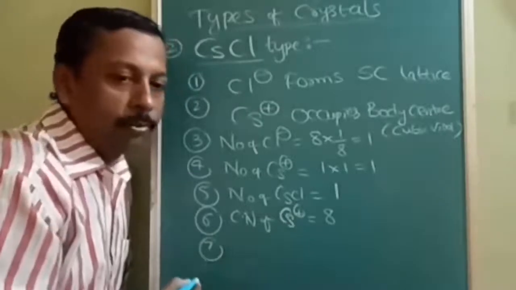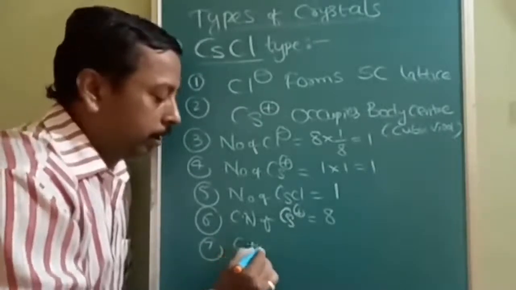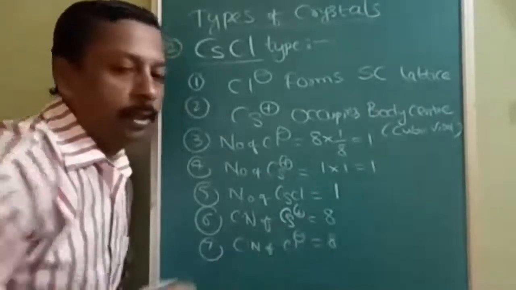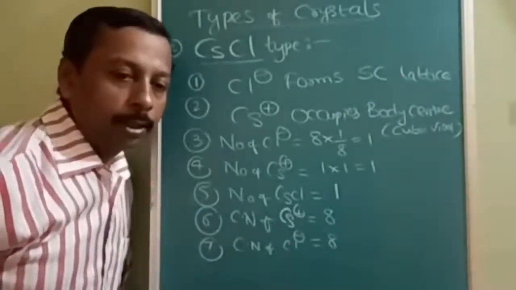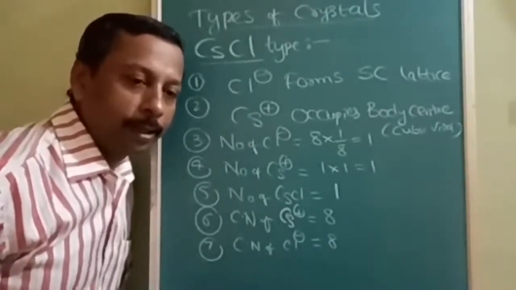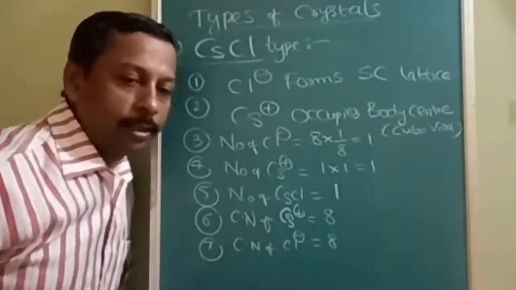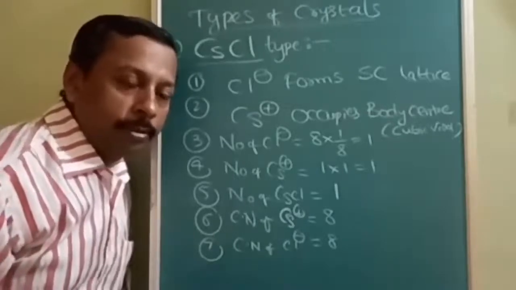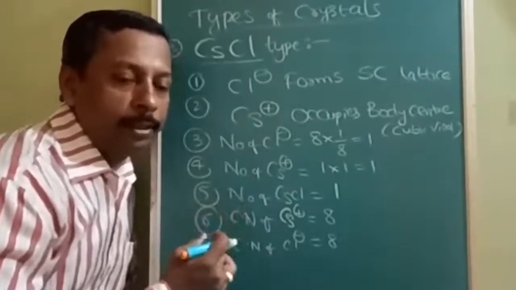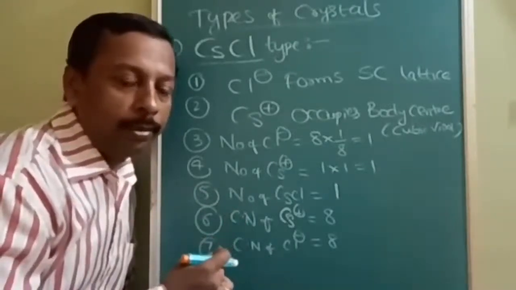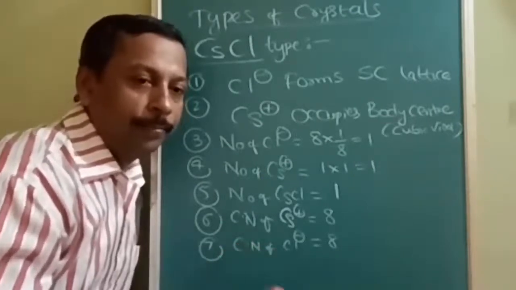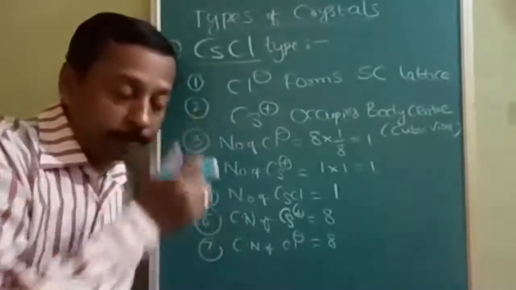the seventh point also must be clear. Coordination number of Cl minus also will be how much? 8. So how to derive? The first 2 points, remember the rest 5 points. Is it understood now? Any doubt? There will be a small difficulty in the next, but I think you have got the courage to face that difficulty now. Understood? So shall we go for the third type?